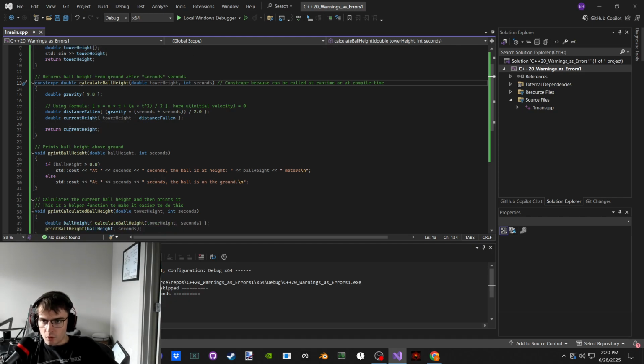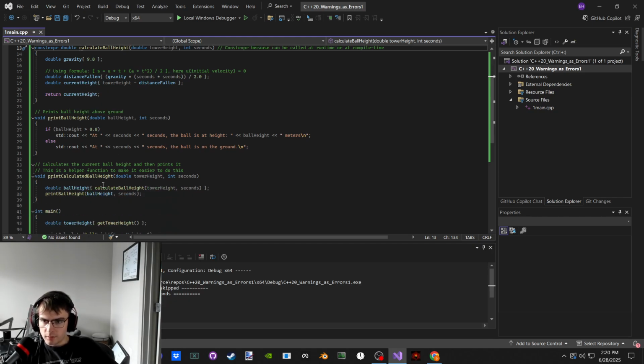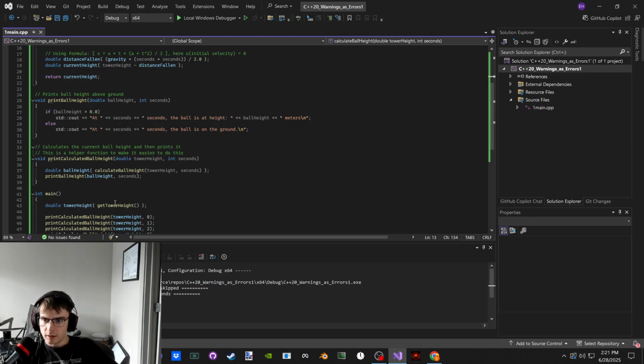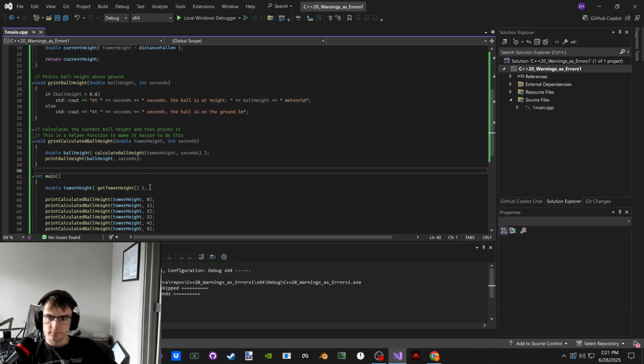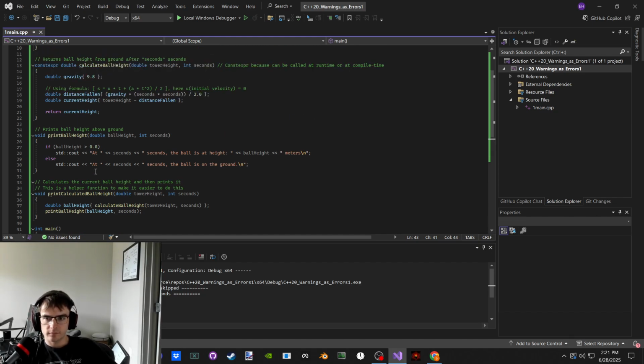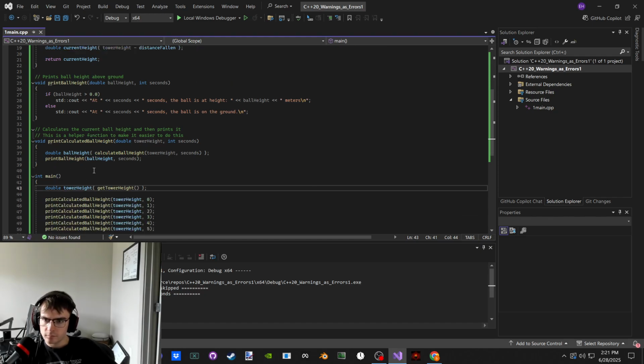But it's only going to be called in print calculated ball height though. But if we compile this, we have to specify the tower height. So first we're getting tower height, but if we already have tower height, and we're just passing a tower height,